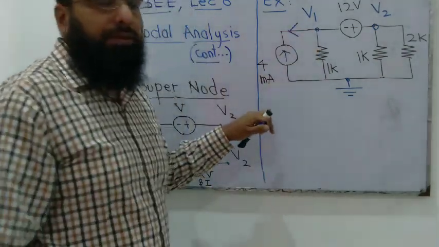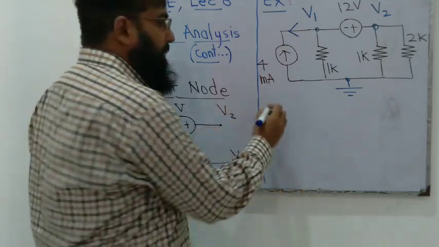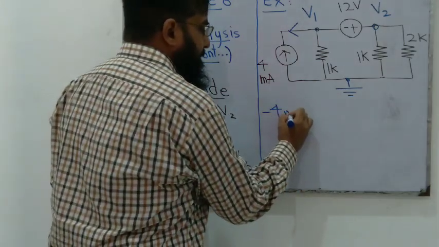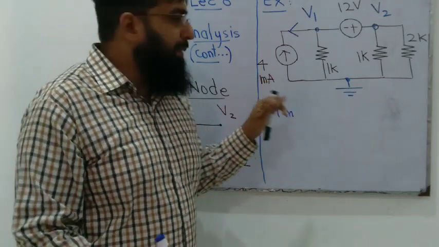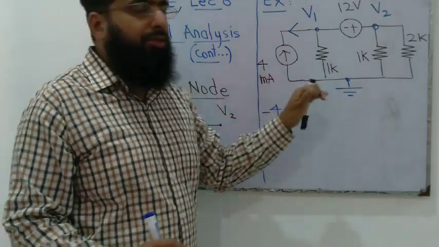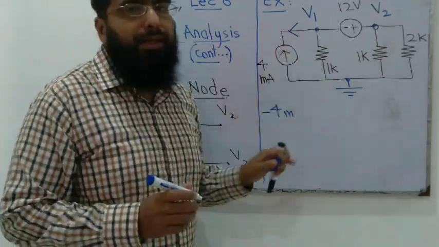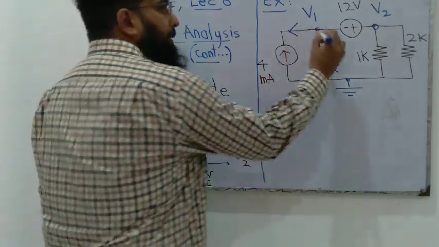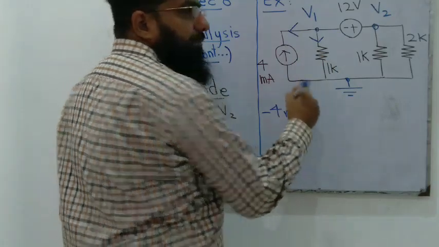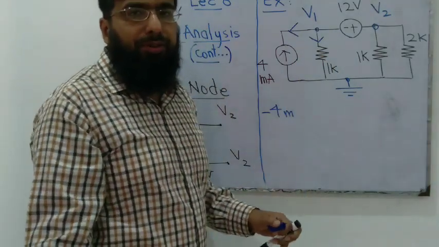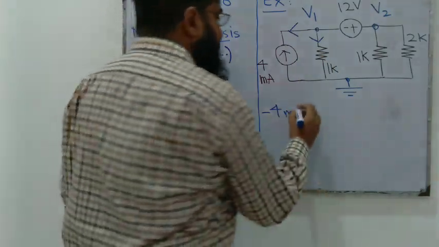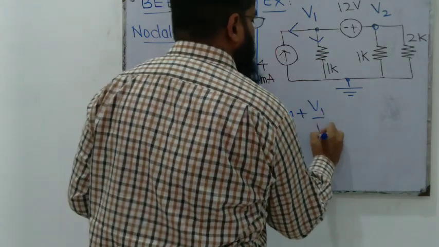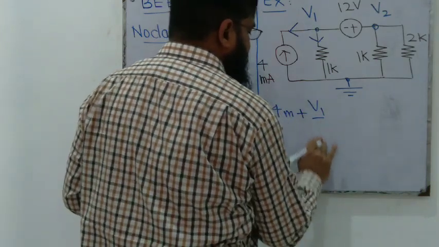This will be written as minus 4 milliampere, because as per our convention this current is entering this node, therefore this should be written as negative as per the convention of our textbook. This current will be assumed to be leaving because we don't know its direction definitely, therefore V1 over 1k,